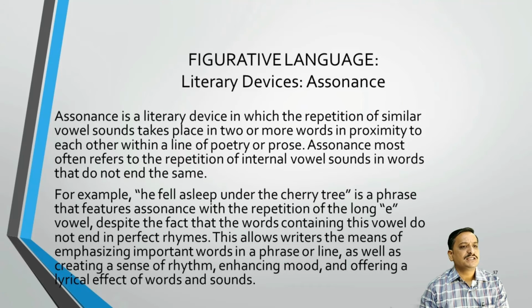Assonance is a literary device in which the repetition of similar vowels takes place in two or more words in proximity to each other within a line of poetry or prose. Assonance often refers to the repetition of internal vowel sounds in words which do not end the same. For example, "he fell asleep under the cherry tree" is a phrase that features assonance with the repetition of the long E vowel. Despite the fact that the words containing this vowel do not end in perfect rhymes, this allows